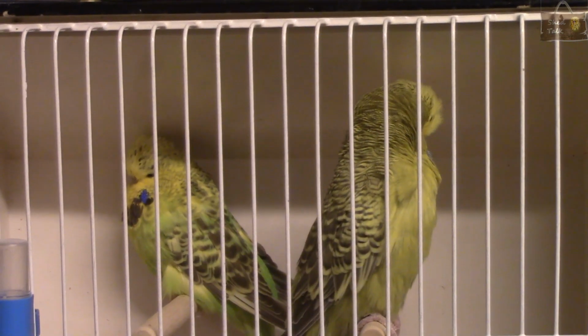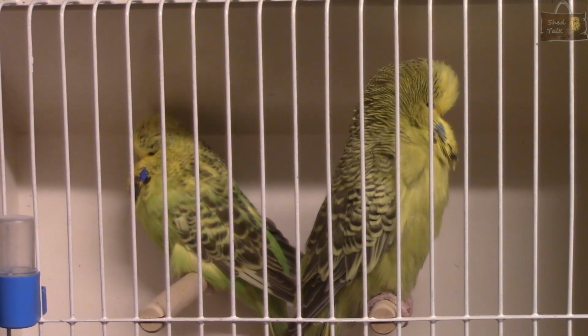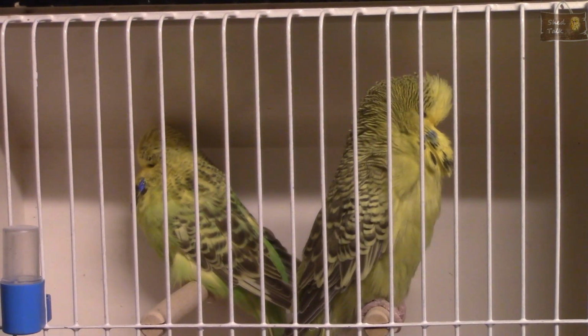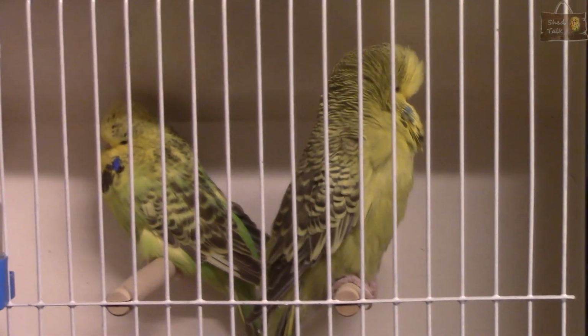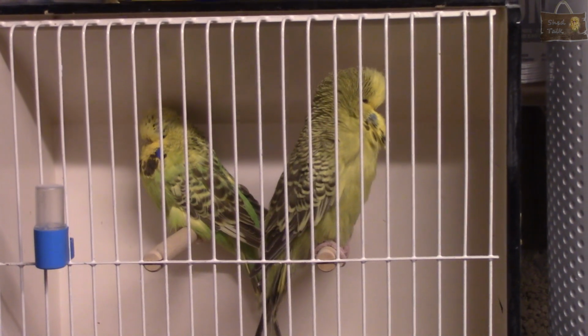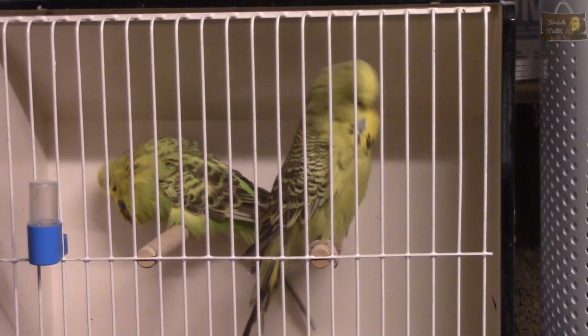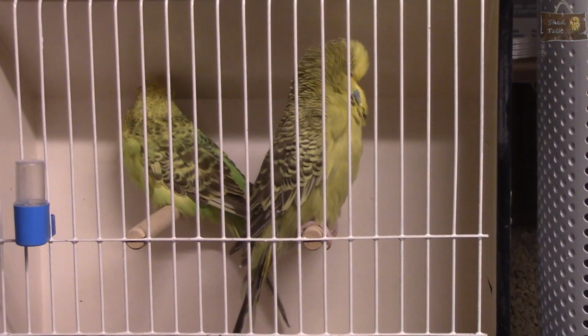He looks absolutely amazing to me. Anyway, he looks really good to me. So I want to get him with a new hen, and I've put him back to a hen that we had in one of the cages earlier, but she didn't want to go down. And I'm hoping she's been back in the flight, she's had a rest, got herself fit again. She looks like she's in breeding condition, so I'm hoping this time with this new cockbird there will be some